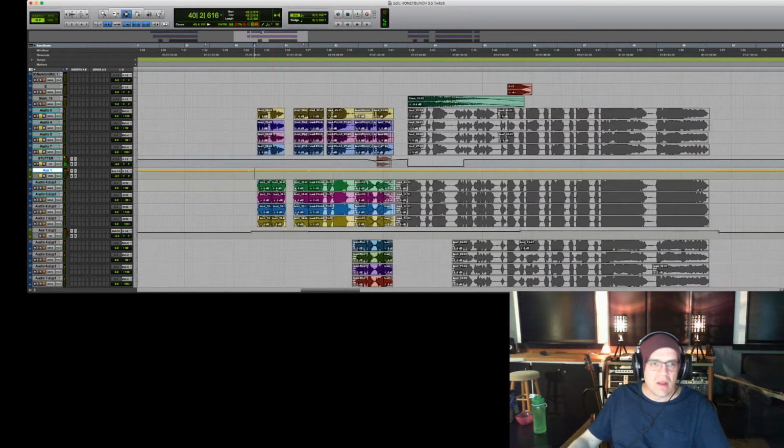See, there's way too much high end on that, but it's something I'll get to eventually. What I would do in the meantime is, God, I wish you could see the plugins. That makes it so much easier. I'll figure it out. What I would do is just put a low pass filter on that.